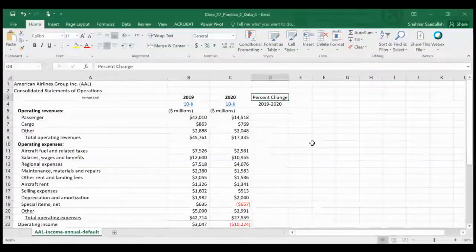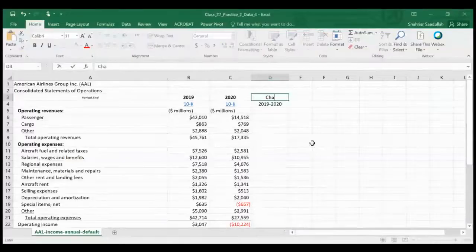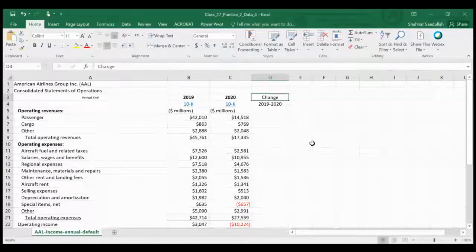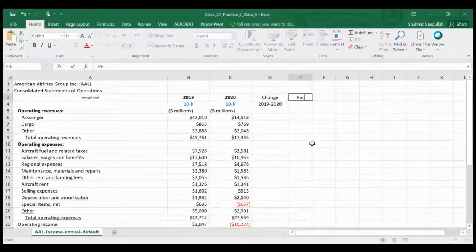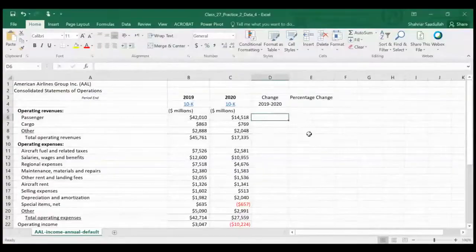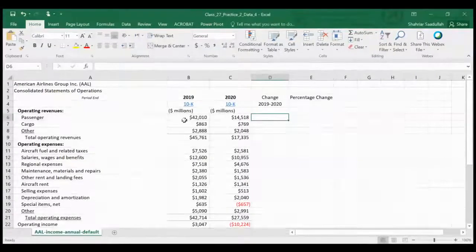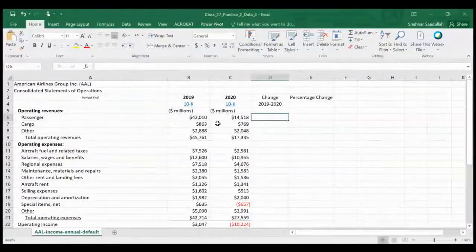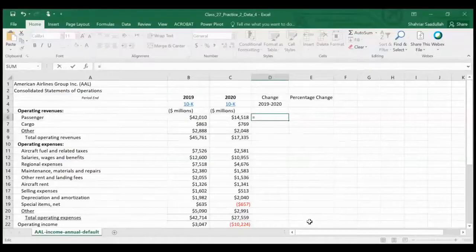So we first want the change and then we want the percentage change. To get the change, we subtract the old from the new, so 2020 minus 2019 for every single one of them. The first line is the ticket sales to individual passengers. This is an airline company. So we subtract